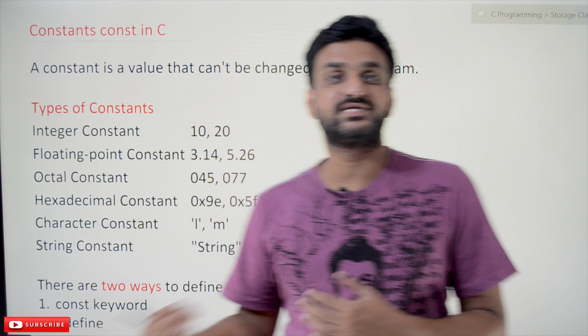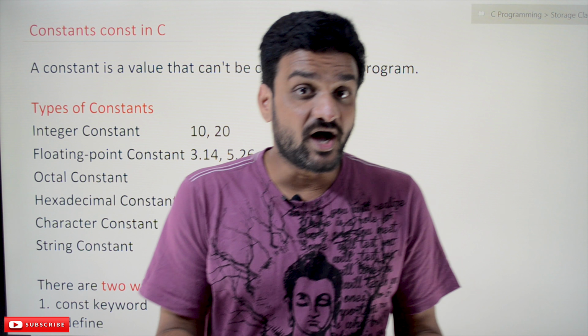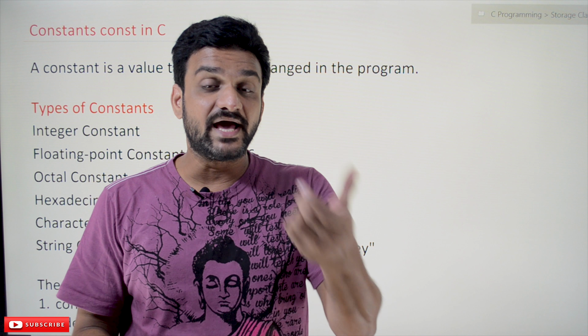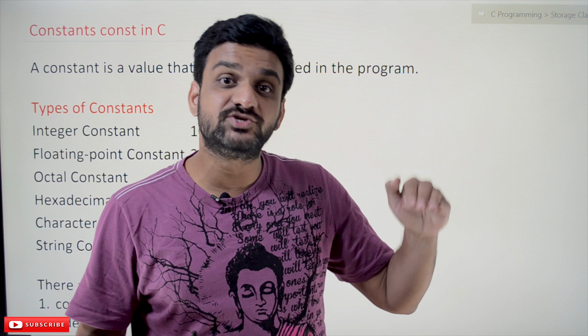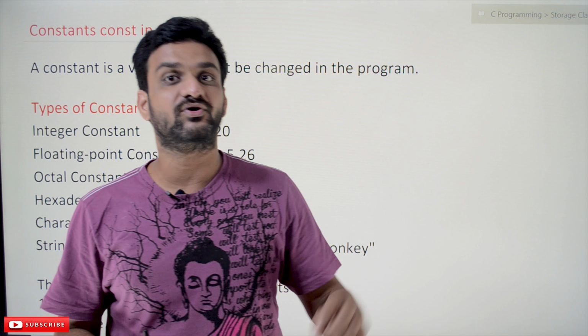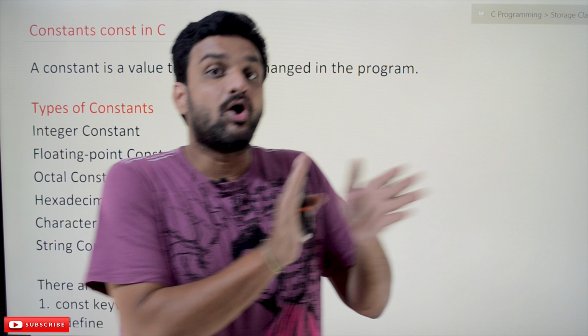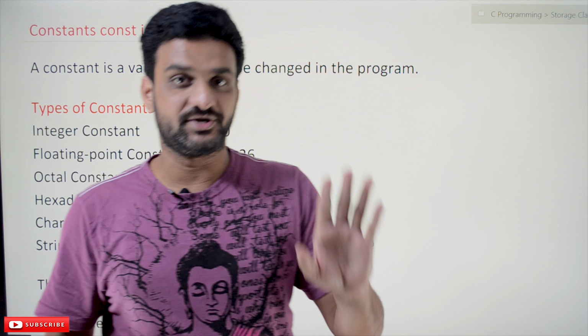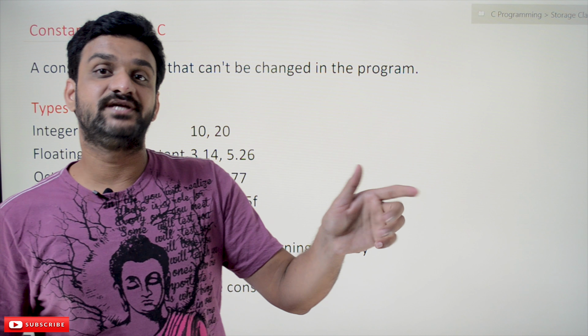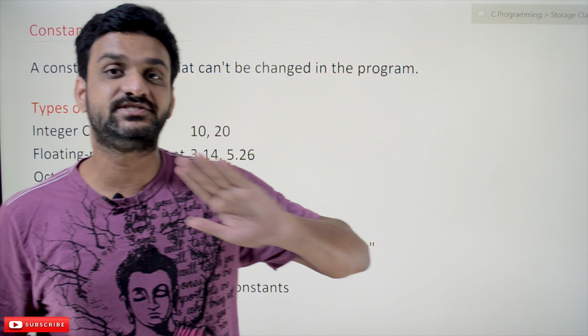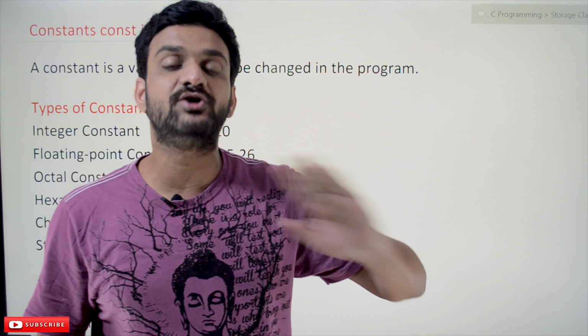So far in our previous classes, we have seen how to declare a variable, a value which changes from time to time in the execution of the program. So it is what we call a variable. The exact opposite of it is what we call a constant. If we have declared something as a constant, its value will not change. It is not possible for us to change its value in the execution of the program. So it remains constant throughout the program.